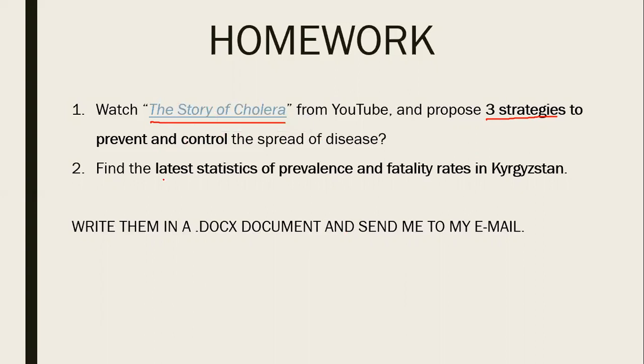And find from the internet the latest statistics of the prevalence, how many people have the disease, and what the fatality rate is in Kyrgyzstan. Latest statistics means maybe 2018, maybe 2019, maybe 2017. So the last 3 years you can find, and write your answers in a Word document and send it to